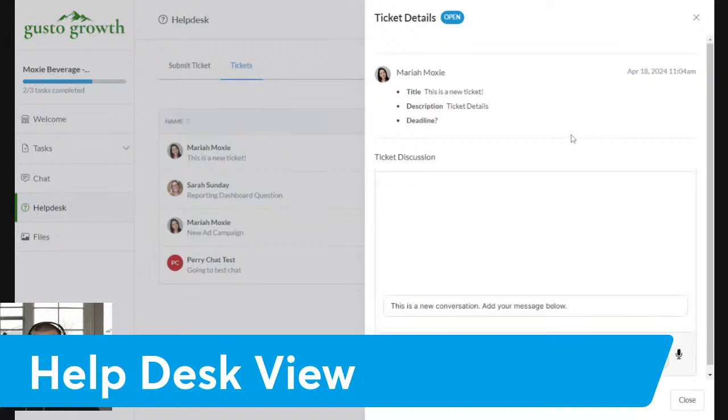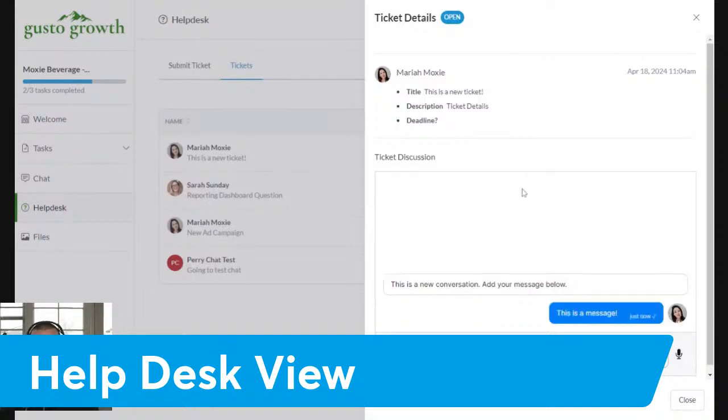And the same way that you can respond to tickets and type messages in a chat window, your clients can too. So it provides a really easy way for clients to get the support that they need, get the assistance with whatever they might need help with directly in their Motion.io portals. So I'm going to head back to my account here